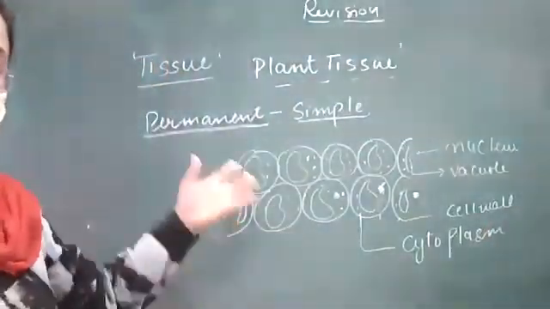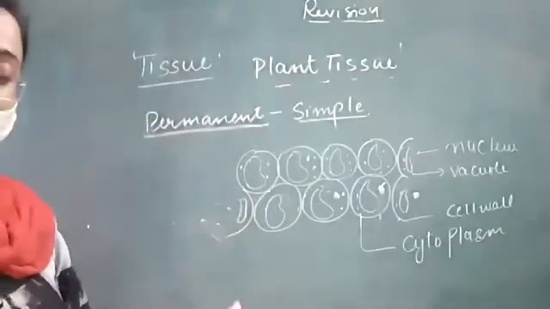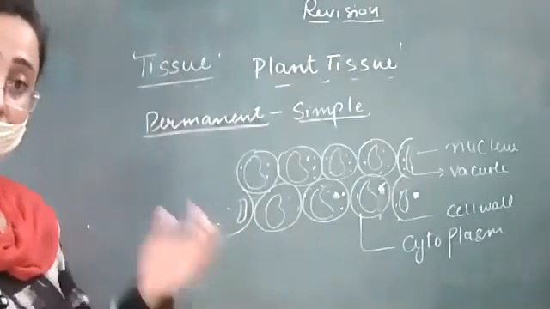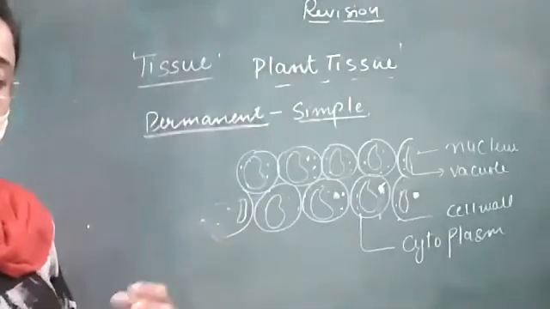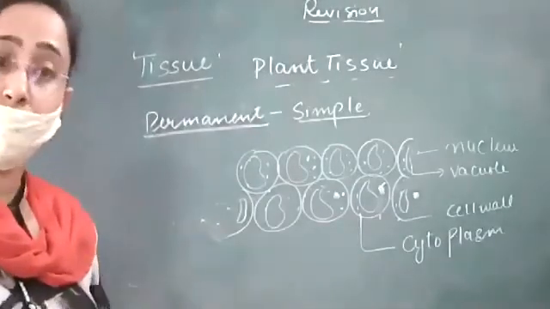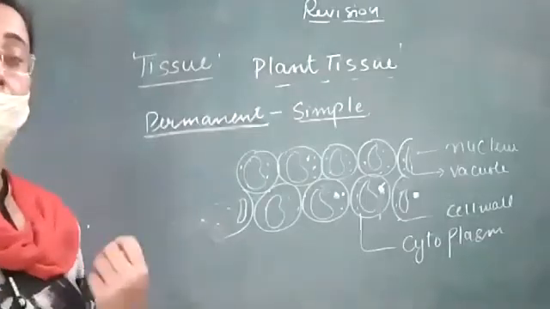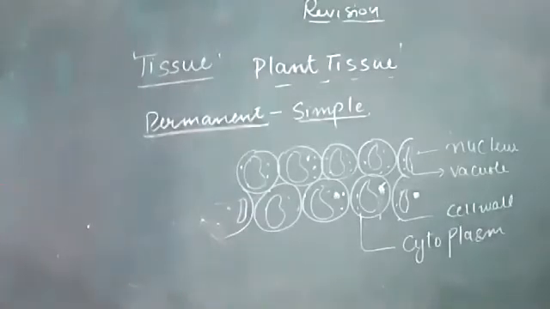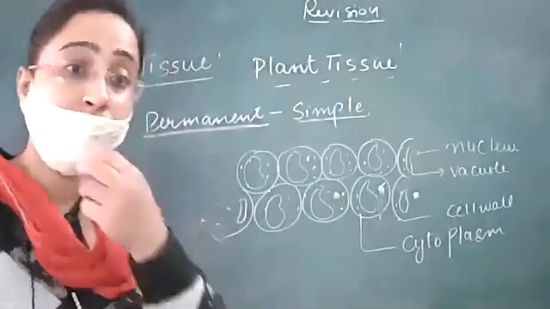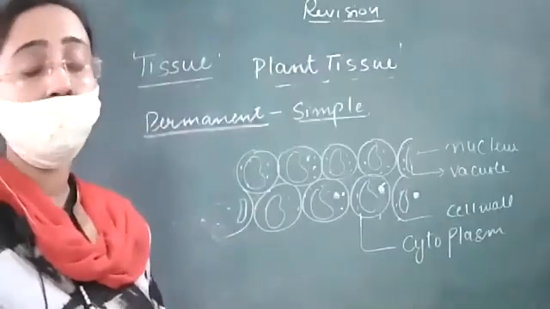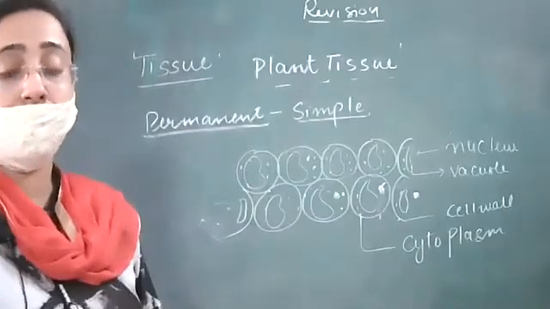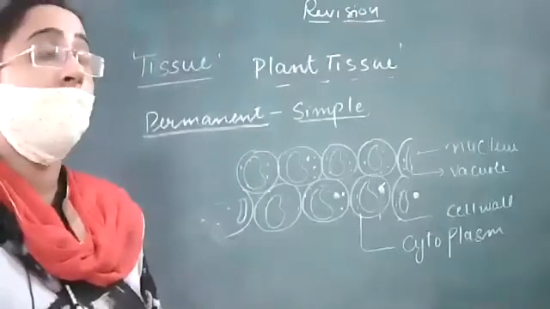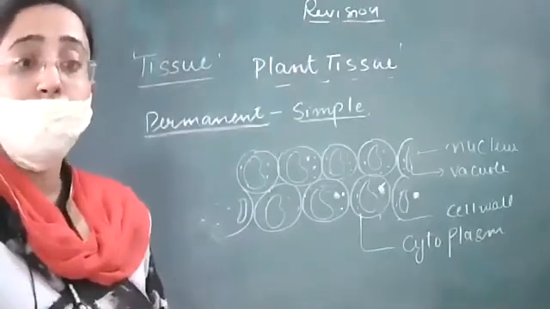Where is this parenchyma tissue present? It is present in epidermis, cortex, mesophyll, endodermis, pericycle, pith. Okay. So it is present in so many organs. Okay? So what is the function of these? Actually, the basic function is to store the food. But in some plants, it provides buoyancy also, as the air is trapped in it. And in some plants, it has chlorophyll in it. It is known as chlorenchyma to synthesize the food.